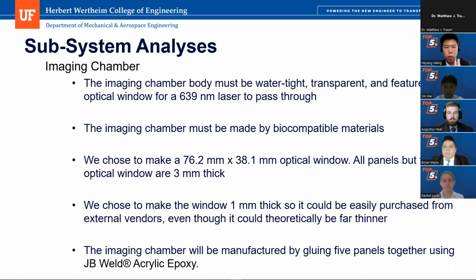First of all, we need to make sure the imaging chamber is water resistant. Then we make sure it has high transparency for high imaging quality. Then we make sure we use a biocompatible material, which will not impact the zebrafish sample inside the imaging chamber. And then we make sure the dimensions of the imaging chamber perfectly fit into the microscope's working